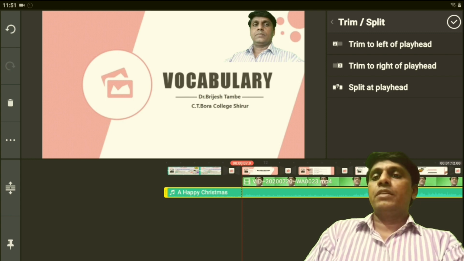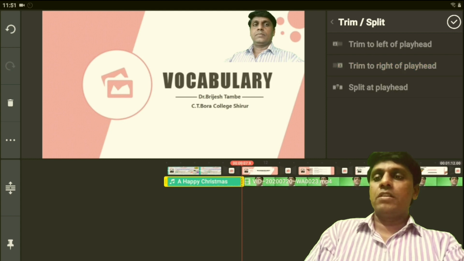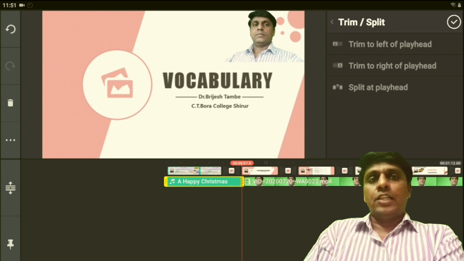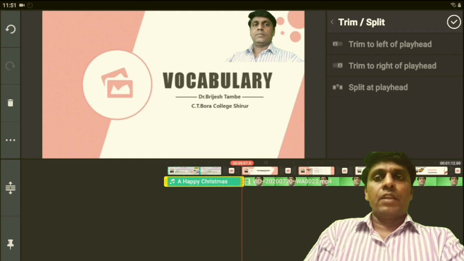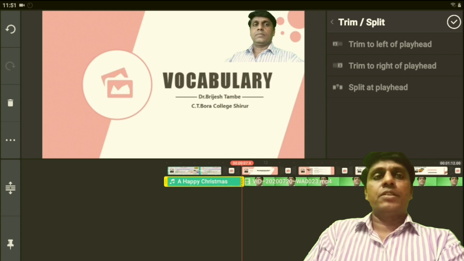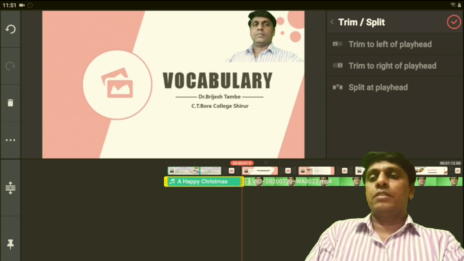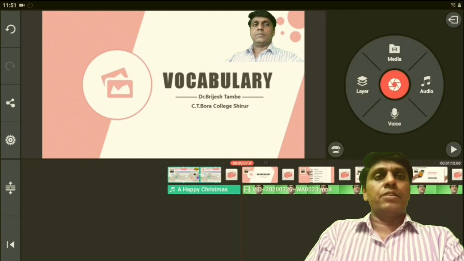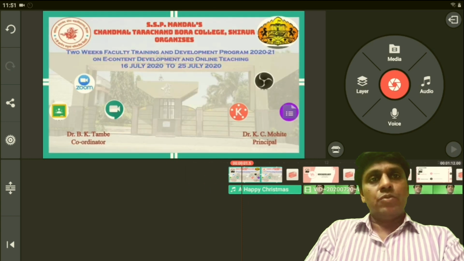Then after this, trim to the right, playhead. This is the option you have to click on, and your music is selected as per your need here. Then again go to the top right side button and click on it, and this is the finalization of giving music.